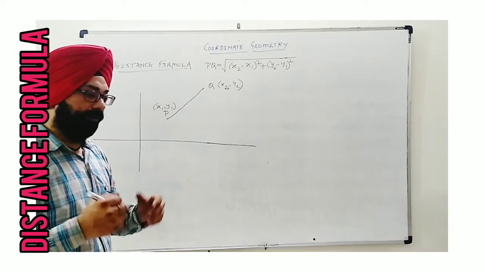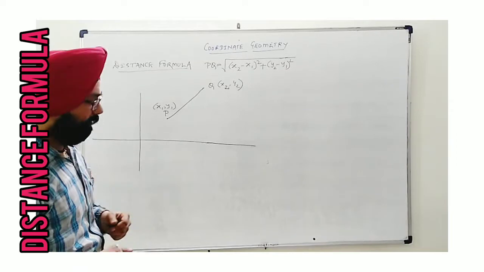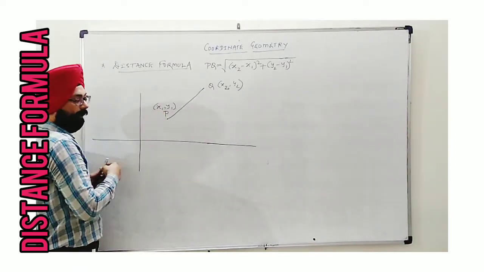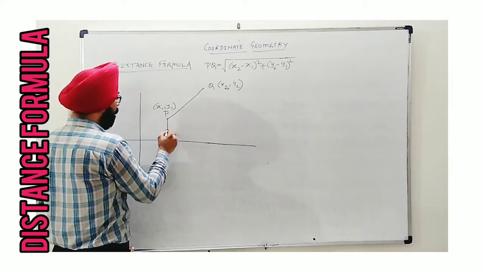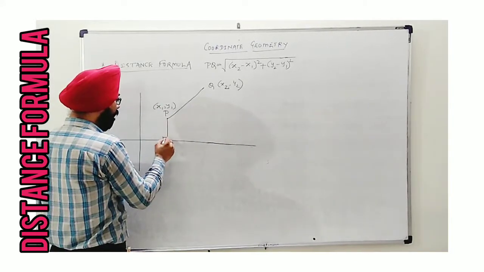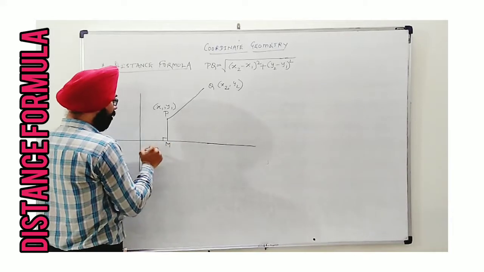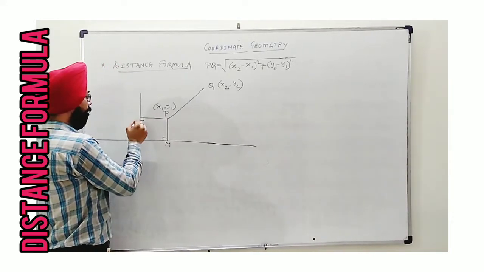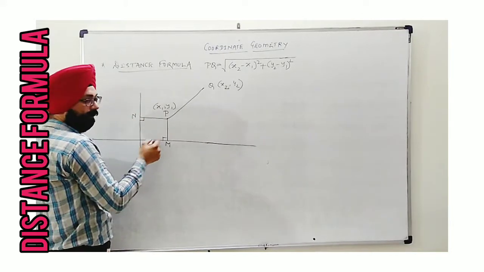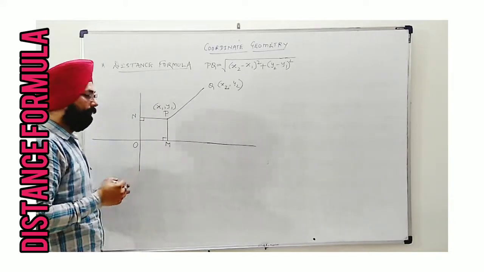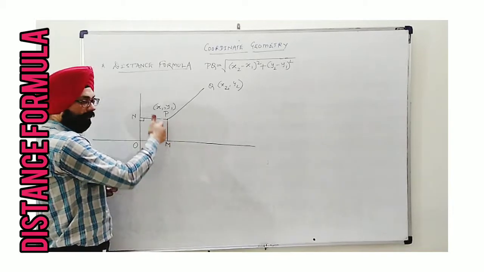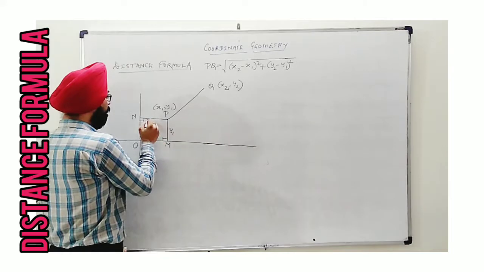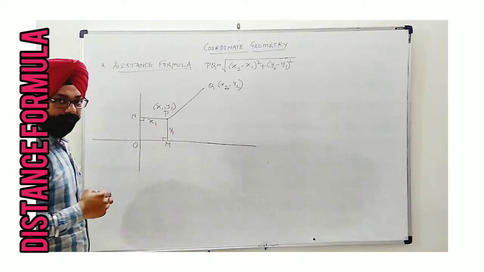Derivation. I will not say that this is from an exam point of view, but for knowledge you should see it. Let's start. Here, what is the meaning of x1, y1? x1, y1 means if I draw a perpendicular from P to the x-axis, namely PM, and a perpendicular to the y-axis, PN, then obviously, according to the recently told introduction, the value PM, the distance of P from the x-axis, will be taken as y1. This distance will be taken as x1.